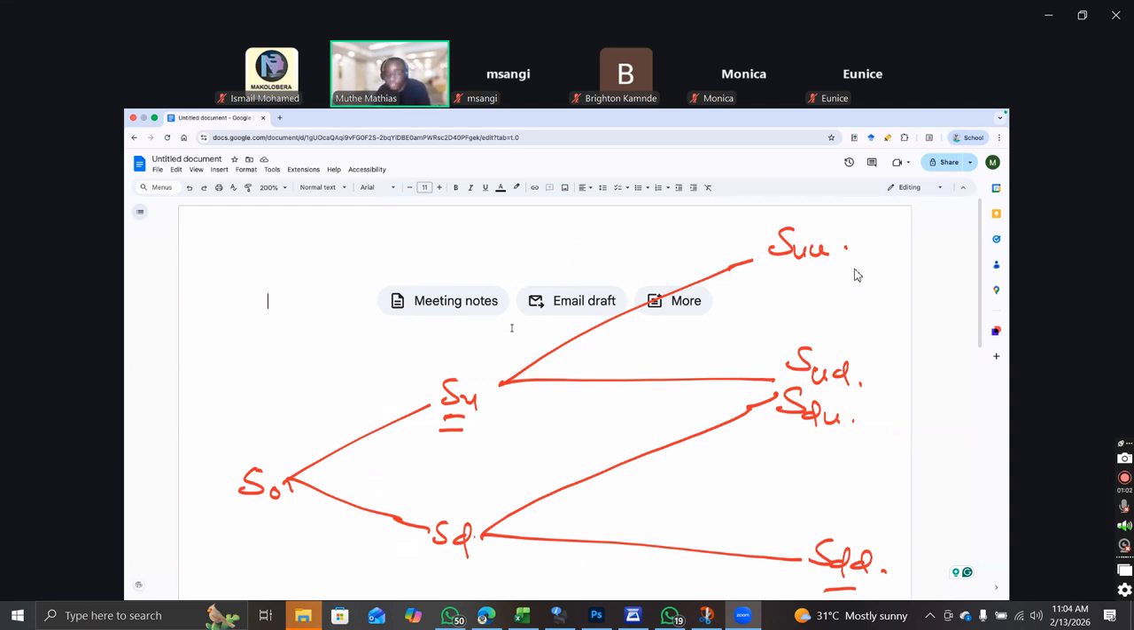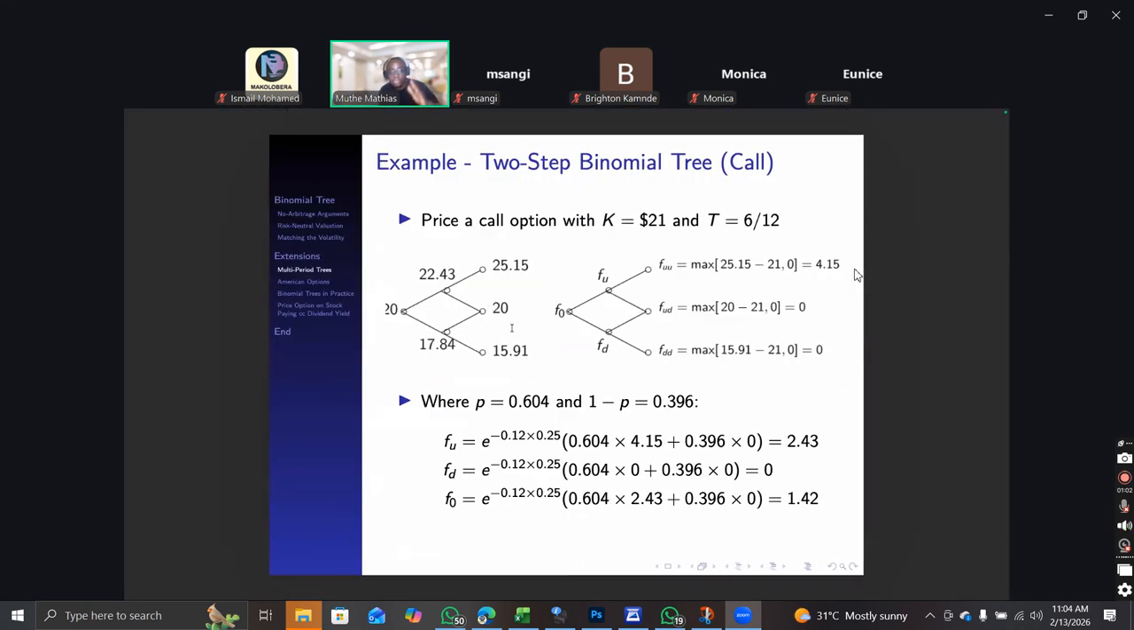Kwa notation too. What I've done here ni kwamba nimestimate the prices, which is the left, and the right is actually the values. So now to find the value, which is F naught, is very, very easy. So what I'm going to do ni kwamba, once I know this one here, the idea is very simple. Kwa sababu I know